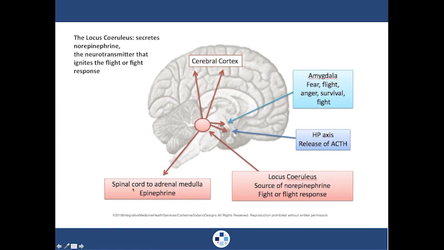Right, and also norepinephrine fires down the spinal cord to the adrenal medulla, releasing epinephrine, to help out with fight or flight. So the thing here that I need you to be aware of is that under chronic stress, the brain will create this whole fight or flight mechanism, and I want you to think about it like, go back on the slide before. It's going to drain tyrosine. The patient's going to present with hypothyroid type of symptoms, and that's really the point that I want to make with this.